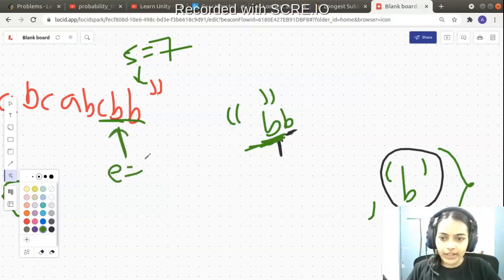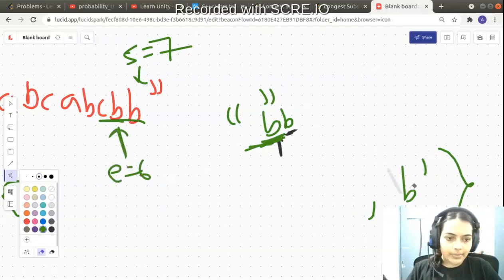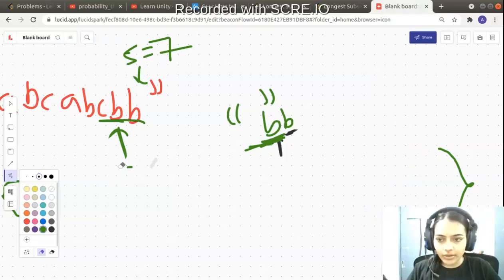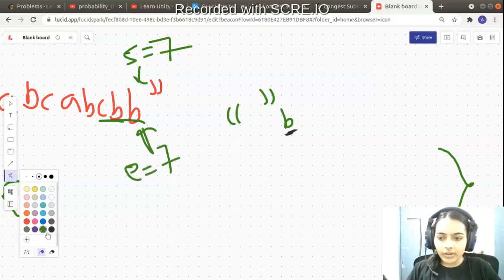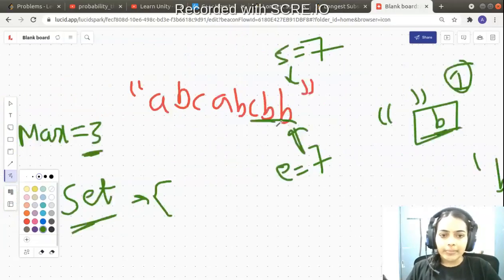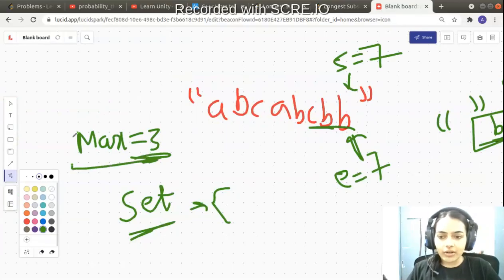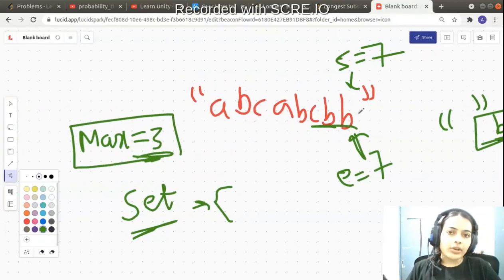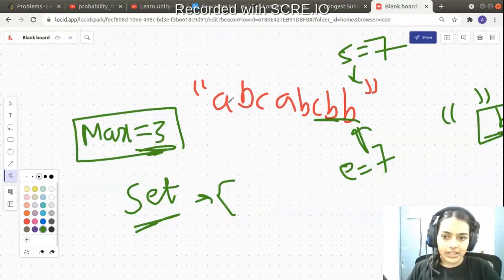So now my end pointer is at 6. Now I erase this B also. So I have erased this B also. That means I have again shifted my end pointer. So now my end pointer is also equivalent to 7. And now the string that I have is B. Now I will store this element B in the set. Now I have a substring which is unique. Now this substring is having just length 1. So I will compare it with max, but max is 3. 3 is already greater than 1. So now I have also finished off all my iterations. So I can return the final max value which is equivalent to 3.